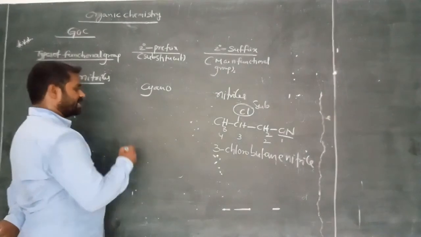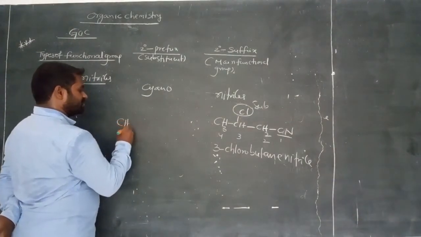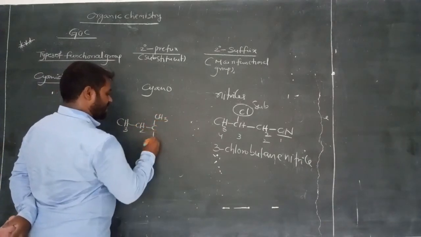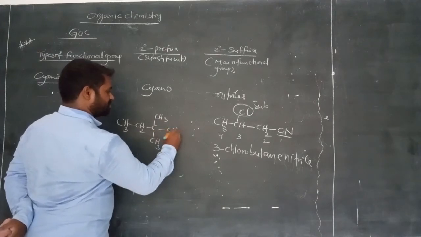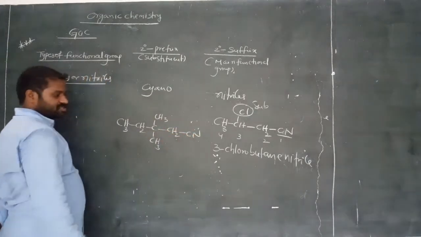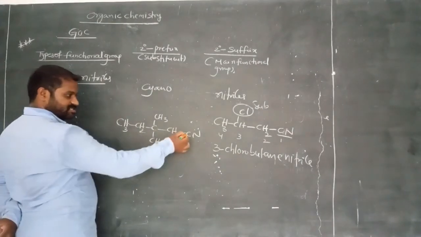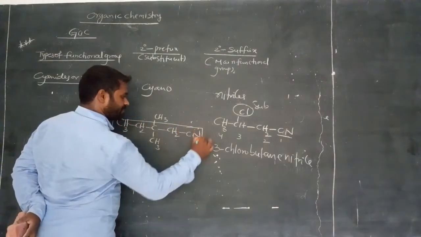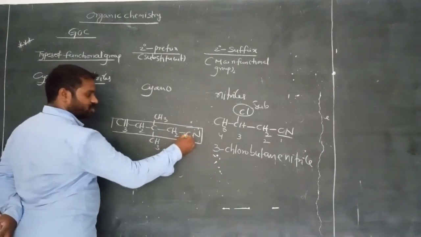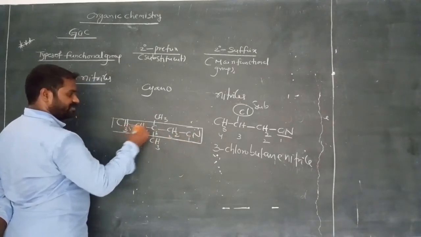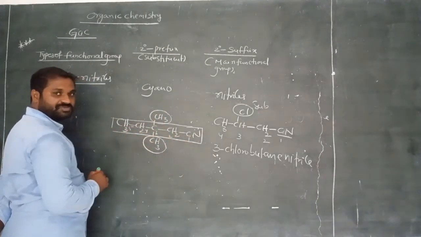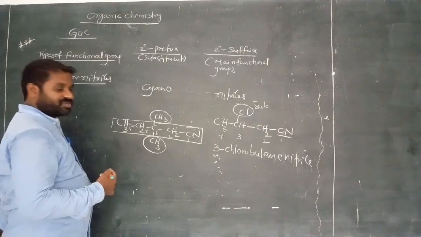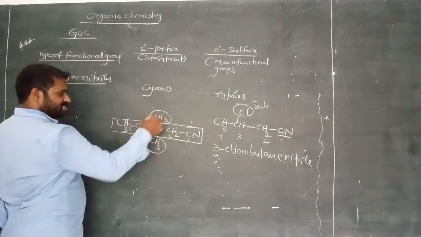Clear? So let us take one more example. CH3, CH2, C(CH3), bond CH2 bond CN. So I have to select the longest carbon chain here. So in this direction 1, 2, 3, 4, 5, am I right? This is the longest chain, am I right? This is the main functional group. 1, 2, 3, 4, 5. These two are taken as substituents or not? Substituents. Already we discussed functional group priority orders and how to give the numberings to the main chain carbons. Okay, these two are substituents.